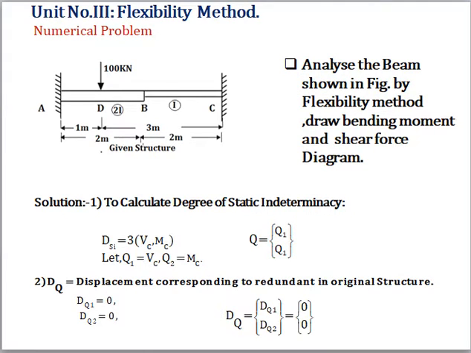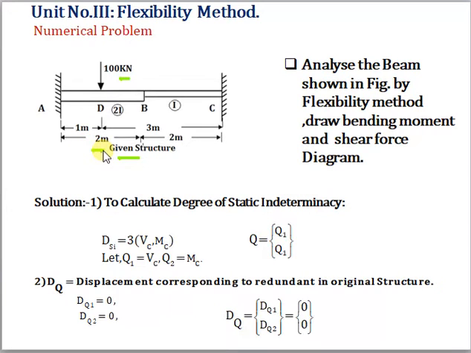Now, in the given figure, one non-prismatic beam is given. Non-prismatic beam means one whose cross section varies. So if we see, AB has a different cross section and span BC has a different cross section. Now AB is loaded with a 100 kN point load at mid span.